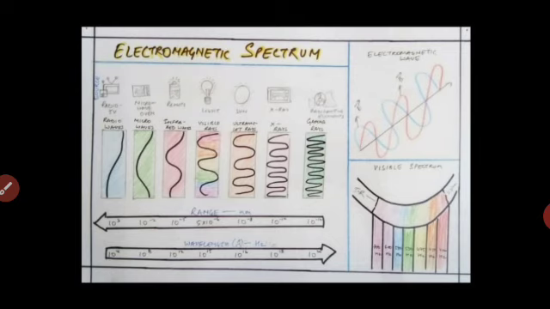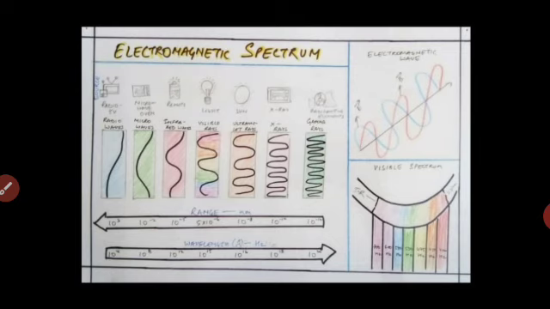The next in the series is visible light, which has a wavelength range of 700 nanometers to 400 nanometers. This is important because it is the visible light which makes things around us visible to the human eye. It is used to cause chemical reactions and it provides the information of the world around us.